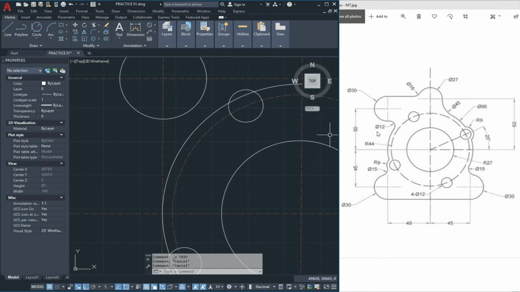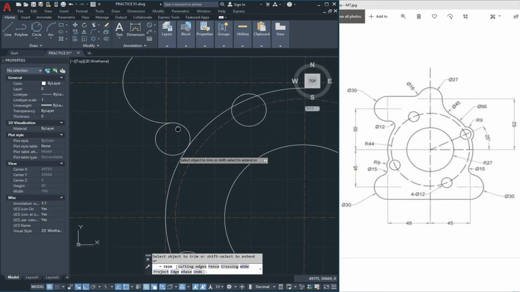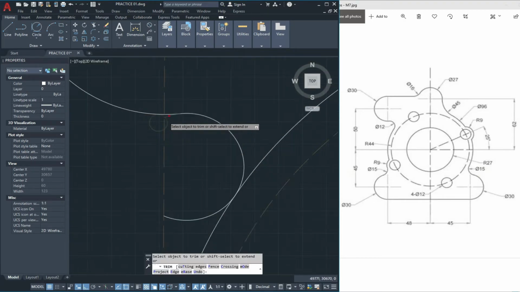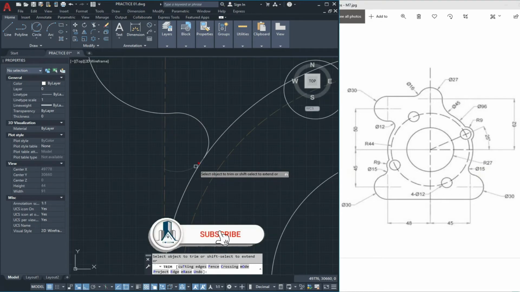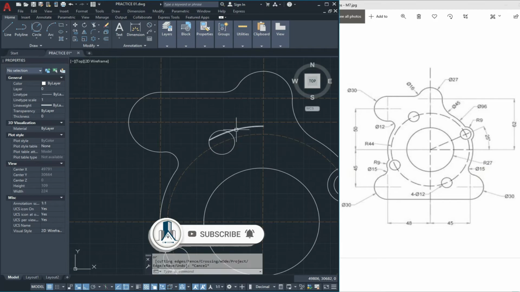First we make the circle here with the diameter of 12 units with the 10 radius, with the 6 units. Now we trim this and delete it.